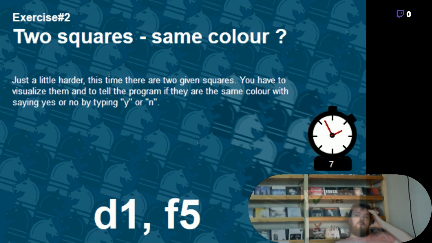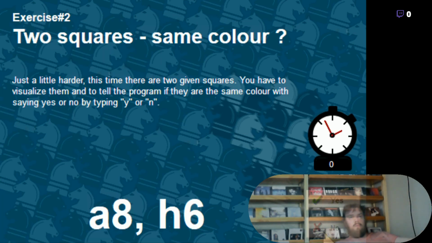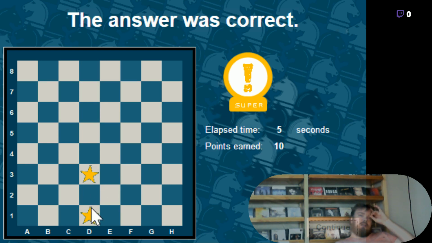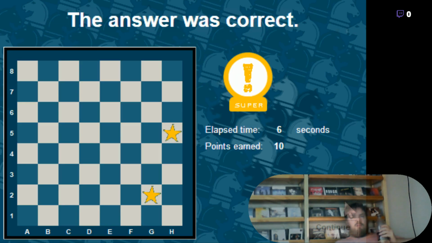White and white. White and black. White and black. White and white. So here you can logically assume, as they both are odd numbers, that the color is same, but the trick is to imagine them in your head, because this will increase the skill of visualization. These both are white light squares,